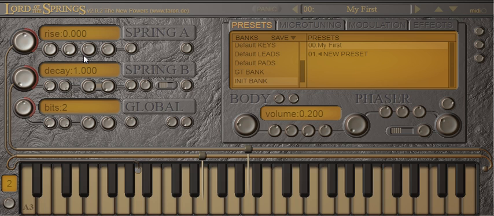So, yeah. But then I realized, hey, why hit power? Why don't I make it a rise? So that way we can have also pad-like sounds with a slow attack. And I did not call it attack because it really is a rise. That means when you hold down the keys, that gradually puts power onto the spring,